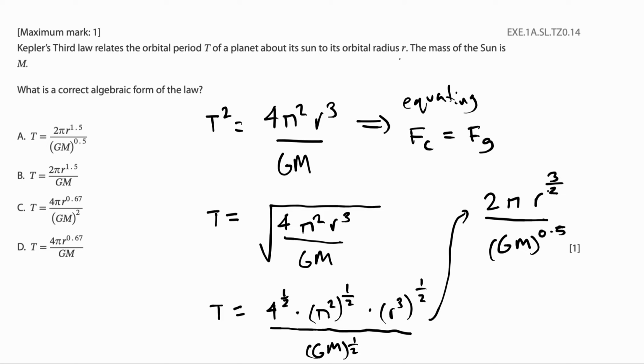So let's take a look at our options. We have 2 pi r to the 3 over 2, which is also equal to 1.5. So we can look at our answers. It's not this, it's not this. Our final answer is